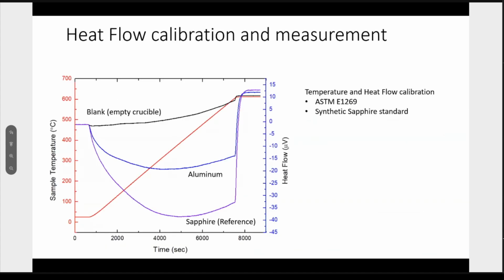Okay. So these are the raw signals from the Labsys Evo for the heat capacity measurement of pure aluminum, 5N grade, 99.999% purity. To obtain the heat capacities, we need to run a minimum of three measurements. One is a blank measurement with empty crucibles. One is a synthetic sapphire standard, which is a NIST standard. And at the end, the samples that we want to test.